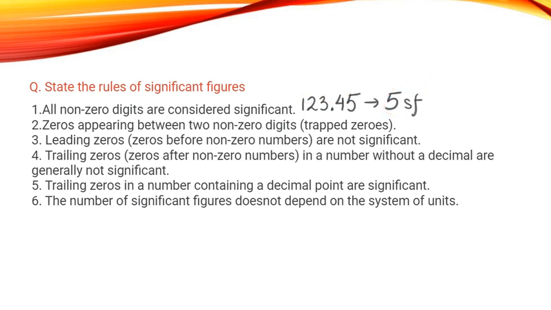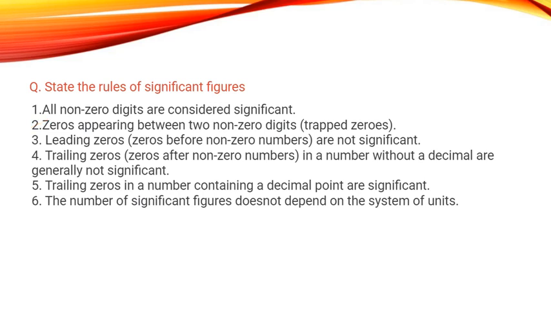Now let's take an example. If you have 0.00, since this whole number can be represented by 0, is there any significant number here? No, 0 is not a significant number. So how many significant figures are there? 0 significant figures. But you have to be very careful with this number 0, because there are some rules related to zeros which we'll discuss in our next point number 2.